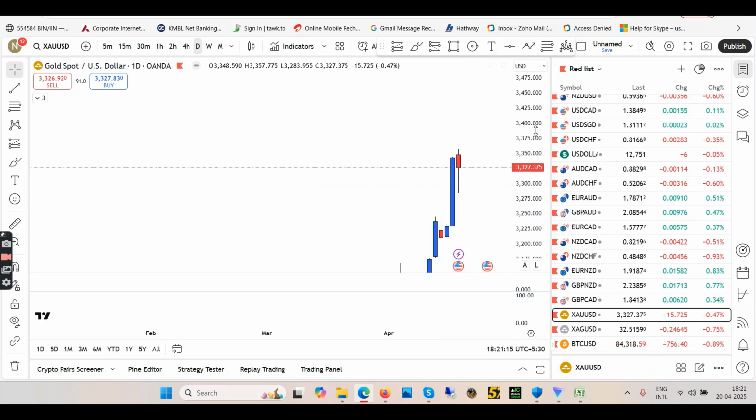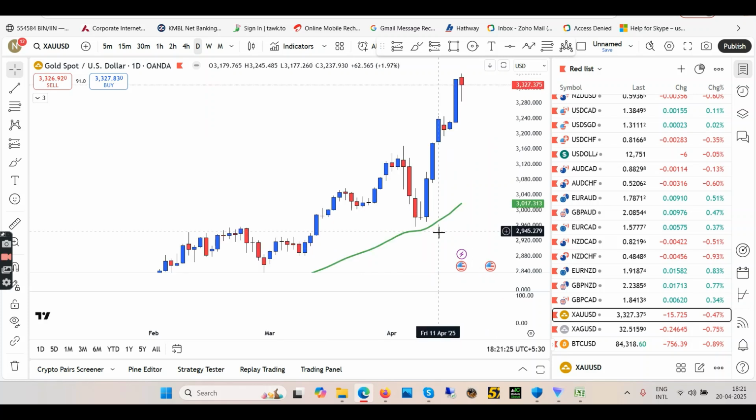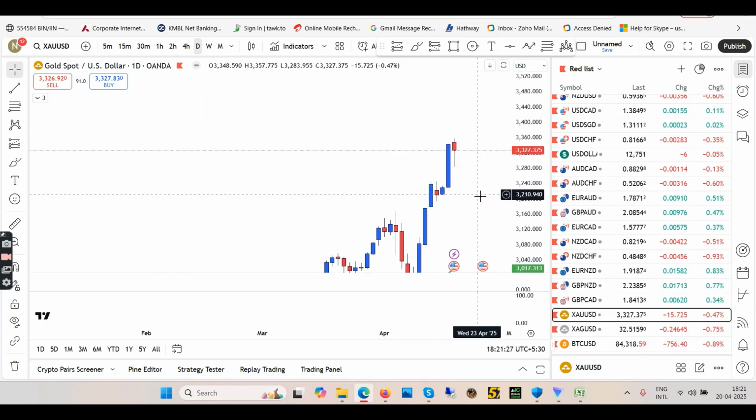Okay. So if I will be doing the swing trading, I will be looking for longs only. Weekly time frame is long. Weekly time frame is up. Daily time frame is also, you can see above the line here. So it's also up. Plus we have a confirmation that on Thursday, 17th of April, we have a long wick. Long wick means that the force of buyers came into the market and pushed the candle upwards, okay? So let's move on to the 4-hour.